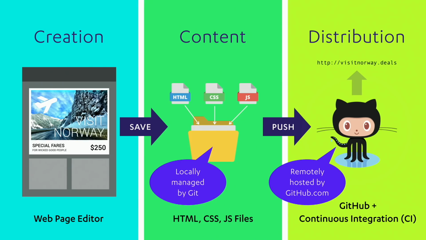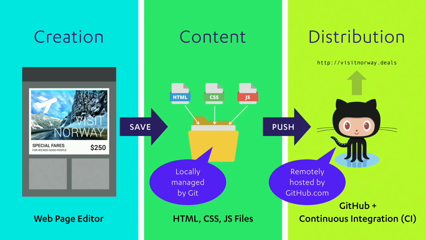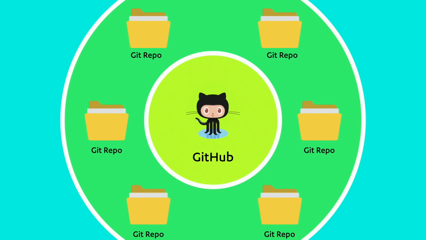But that's the idea here: GitHub becomes this clearinghouse of the stuff that gets created, distributed onto people's computers and laptops with version-managed folders managed by Git, and then they help you, as a single source of truth, deploy to whichever website, whether it's Visit Norway or, if you work for a company, your own company website. This is a very common workflow with tools like Gatsby, or even for statically managed websites where people want to deploy. But I think it's probably worth looking at how GitHub actually gets structured, right?